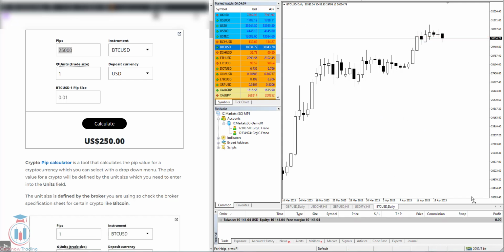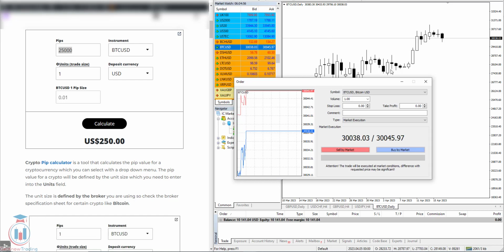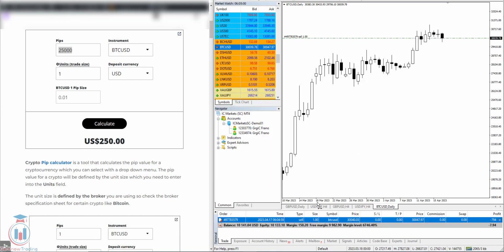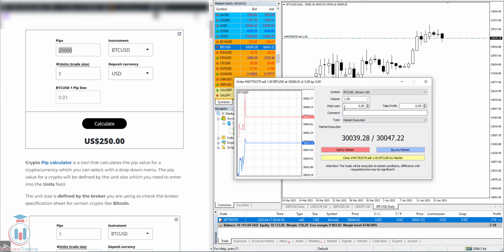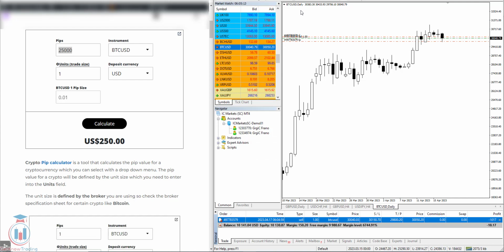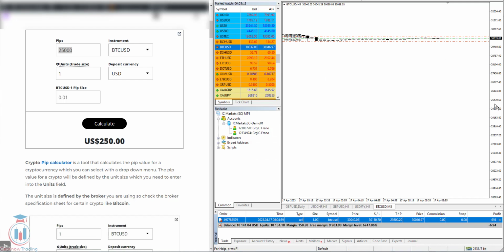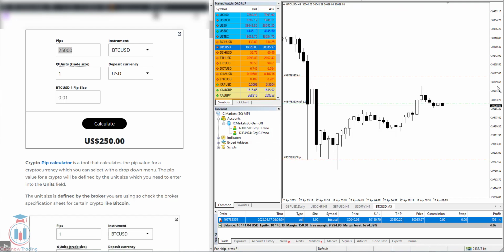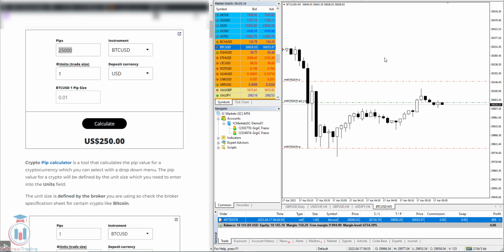In this case, maybe this will be a little bit hard to understand, so I will close this order and open a new order. I will open again one standard lot and sell by the market. Then I will change the market price for this order to set the stop loss and the take profit, and click modify. Now let's go to the smaller time frame so you can see much clearer how this works. Okay, I have put 10,000 pips, which is equal to